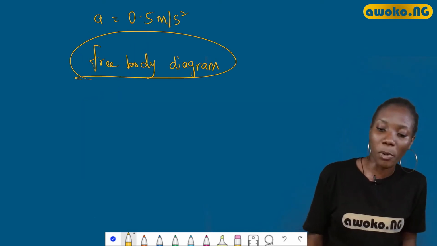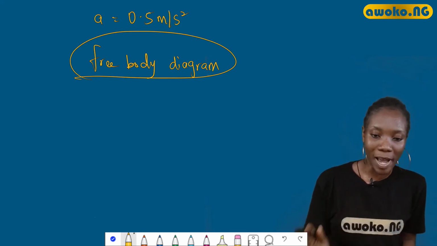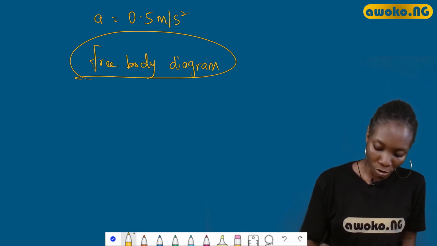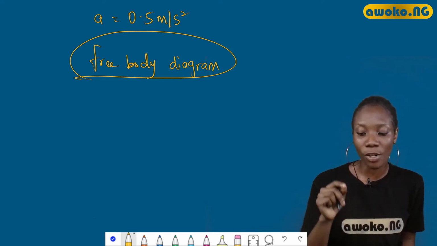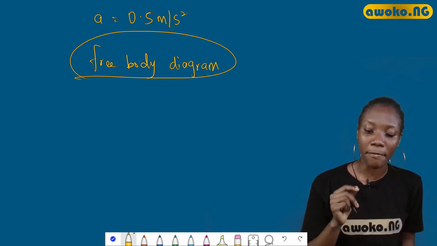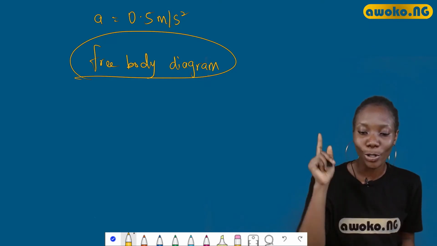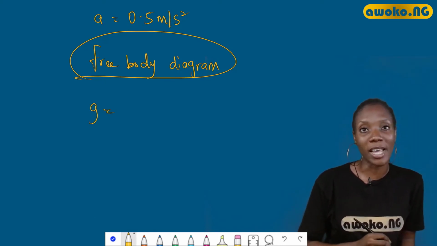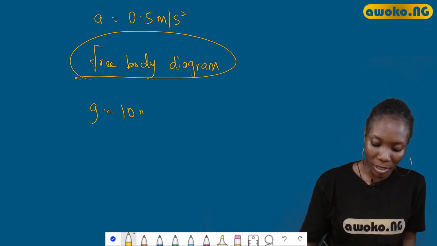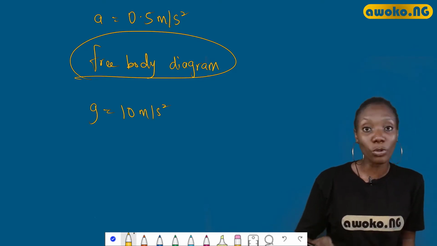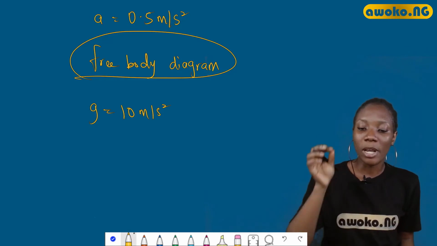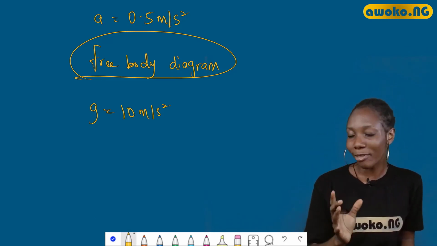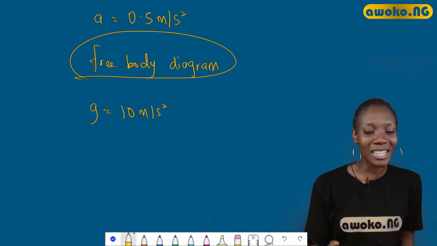Now, we have a question like this. An object with mass, you guys should follow me closely, okay? An object with mass 800 kilogram is lifted up vertically by a force of 10,000 newtons. Now, we're given g, which we know is a constant for acceleration due to gravity, as 10 meters per second square. We all know this, right? Now, we were asked to calculate the upward acceleration of the particle. I think this is easy, don't you think?